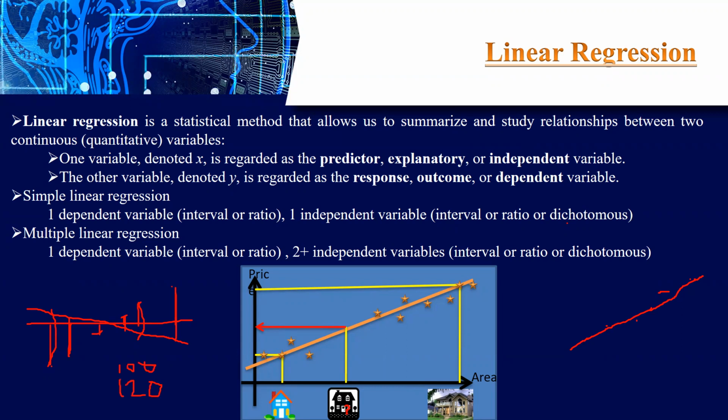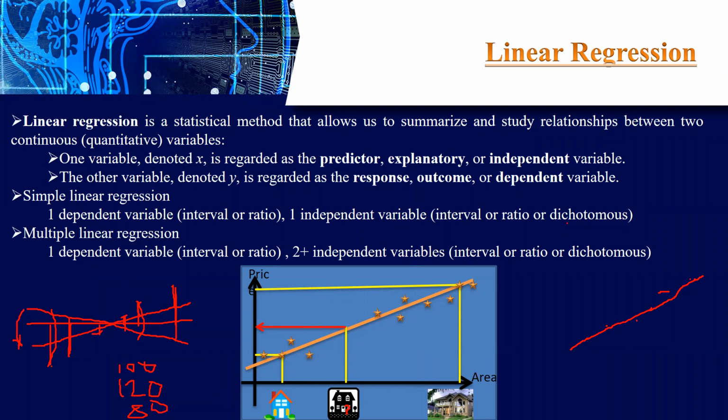Now the model can understand, okay, I am moving in the opposite direction. I have to tune the line, or tune the model, in the opposite direction. So it will go back in this direction. You can see the direction here, right? It will draw a line like this. If you consider the perpendicular distances like this, the value will reduce to some 80. Now the algorithm can understand, okay, I am going in the right direction.